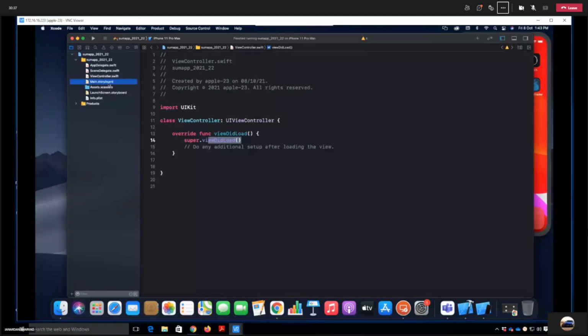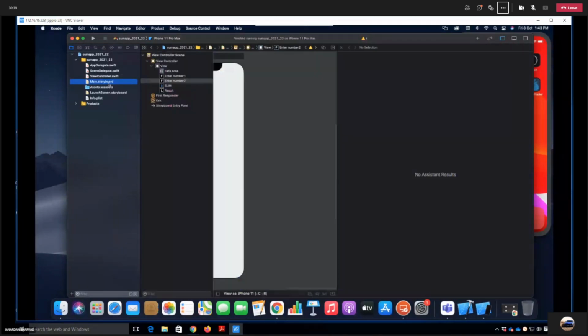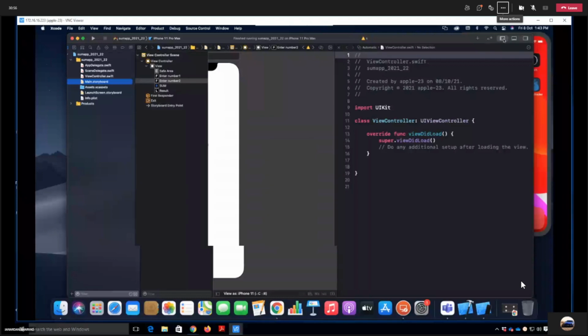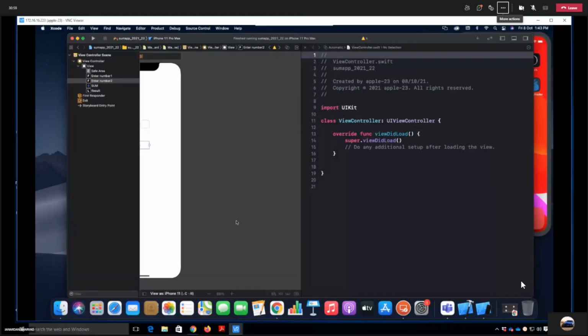Now let's go to main.storyboard. Let's connect all the components first. So in case it is not visible, you just right click here and you can change it, or you can just zoom it properly so that you can see it. Let me make this so that I can get more area.